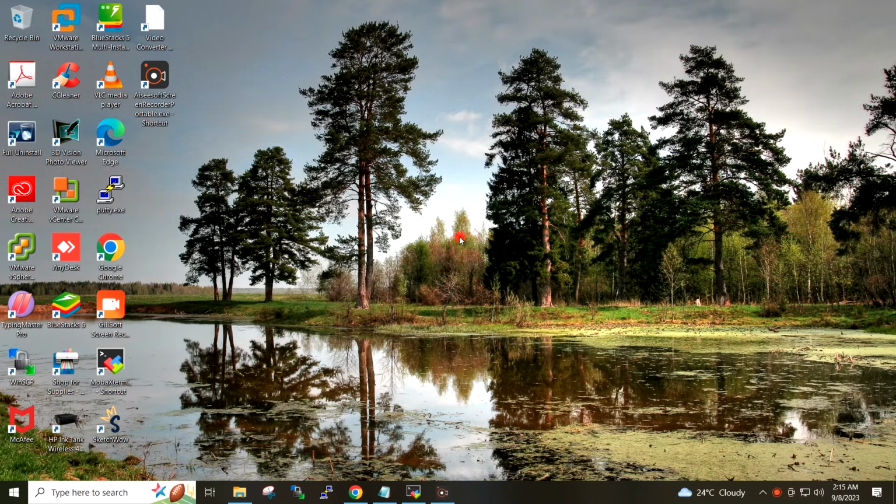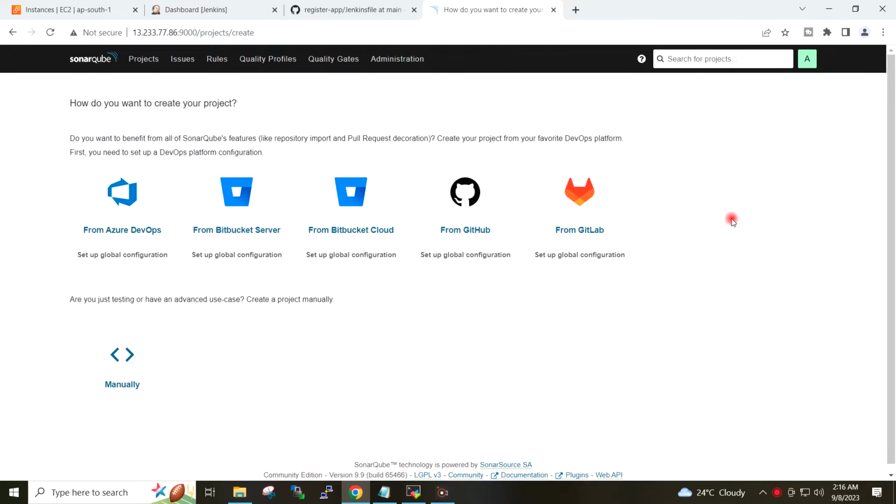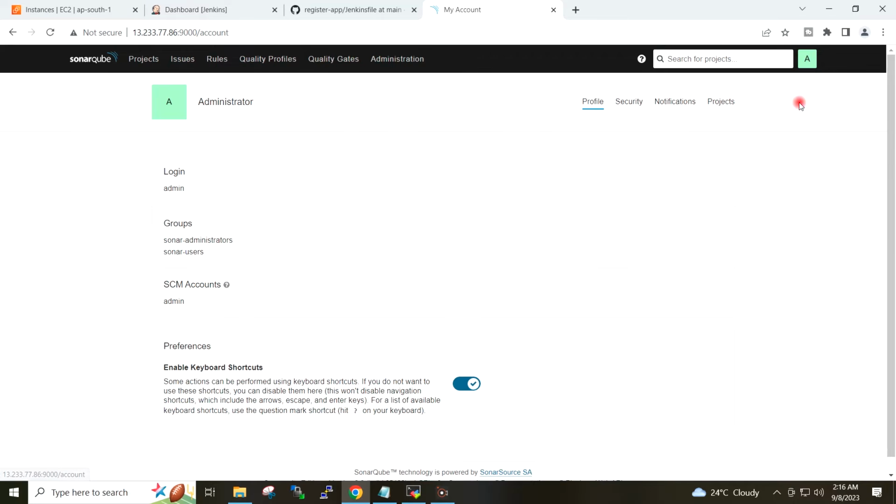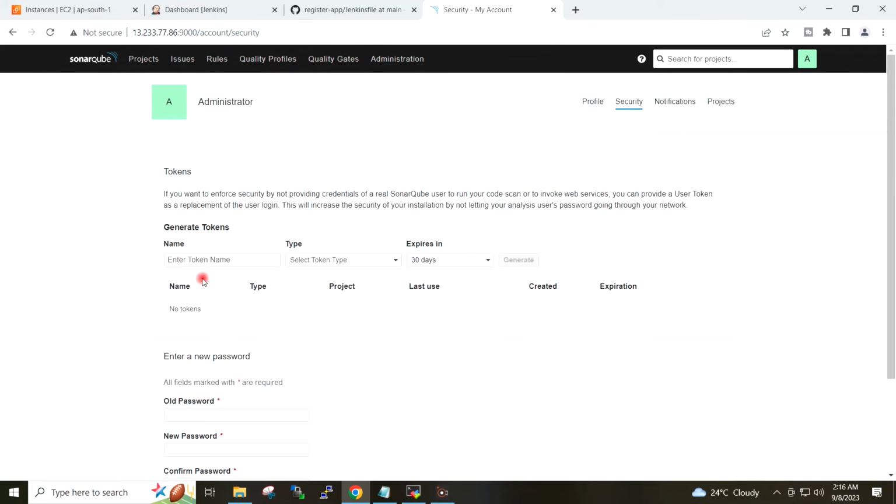Next step is to integrate the SonarQube with the Jenkins. So on the SonarQube home page, I will go to my account, security. Under the generate tokens, I will give the name to the token Jenkins SonarQube token.